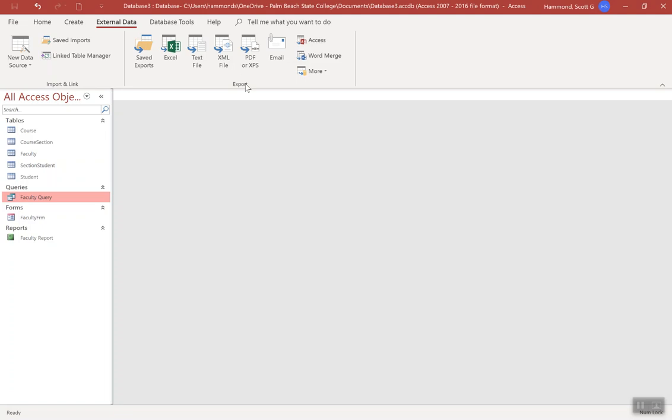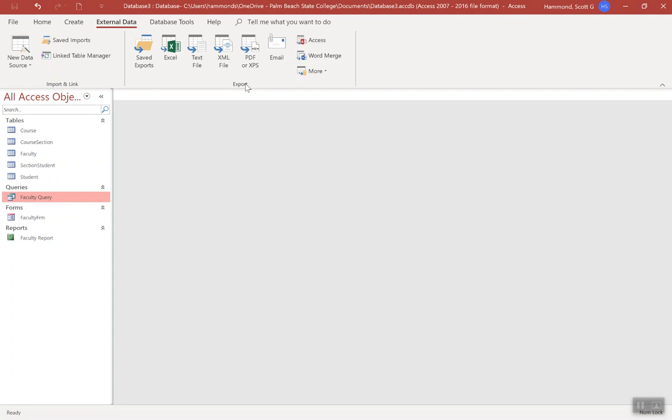But let's say that somebody wants our data in the form of a spreadsheet so they can create some nice little bar charts, histograms, pie charts. They want to create visual representations of the data that we've created. Now, the data could be in the form of a table. I could export a table as a spreadsheet. I could export the results of a query